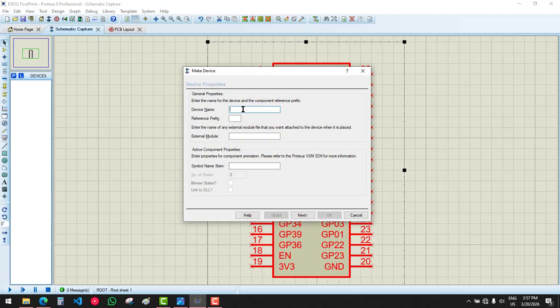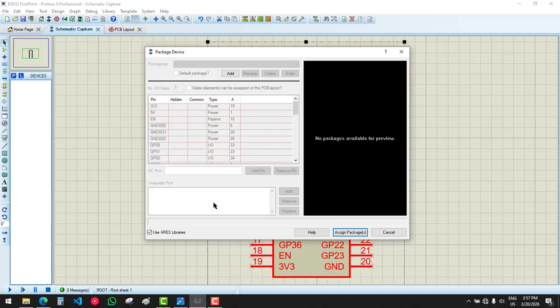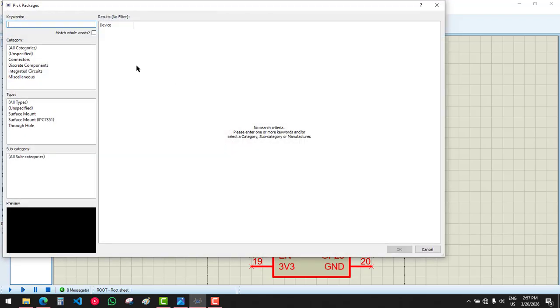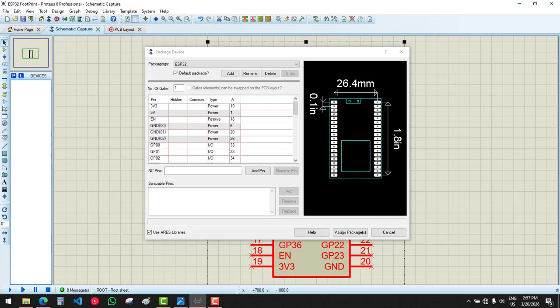Then you have to enter the name, which is ESP32, and for the device prefix you have to select M and then go to next. Here you need to add the PCB layout, so click on add and then type ESP32, and this is the ESP32 module which you have created earlier. Then click OK. Now you can see all the pins are perfectly mapped: 1,